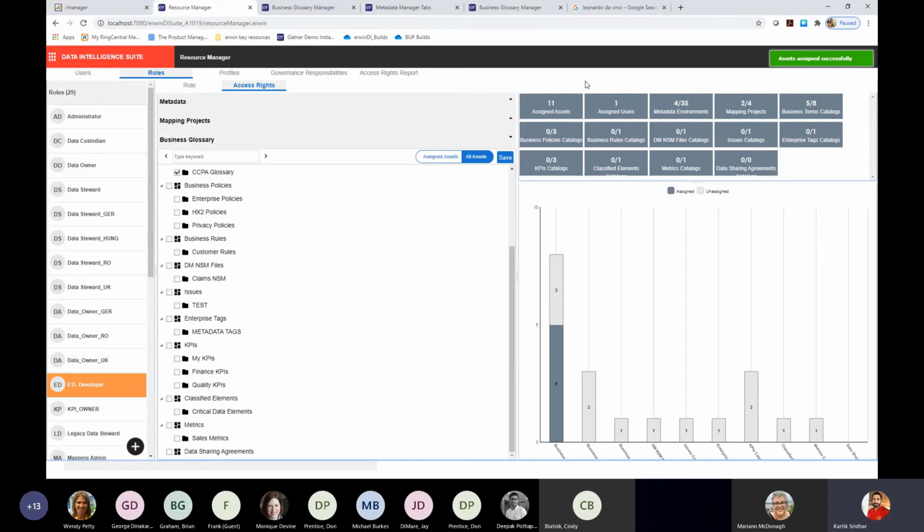And while you do this, you have an enterprise dashboard over here that tells you, for a particular role, how many assets they've been assigned to in the product, how many users have been assigned to that particular role, and what is the breakdown of it. So of the 11 assets, 4 are metadata assets, 3 are mapping projects, 5 are business term catalogs, and so on. This way, you can also run an enterprise report on top of this, which I'll come to right here. So once you've done all this configuration either by user or by role,